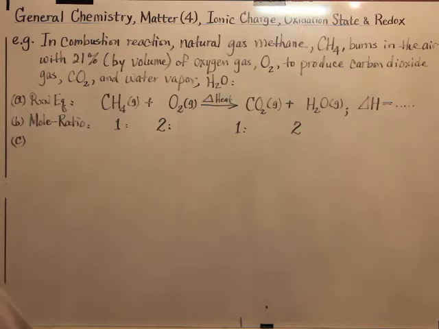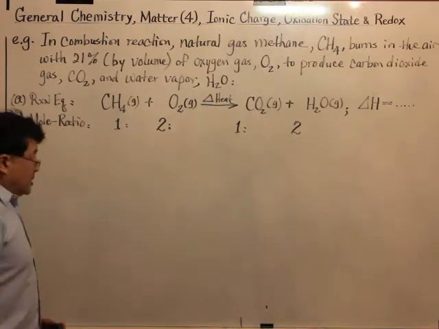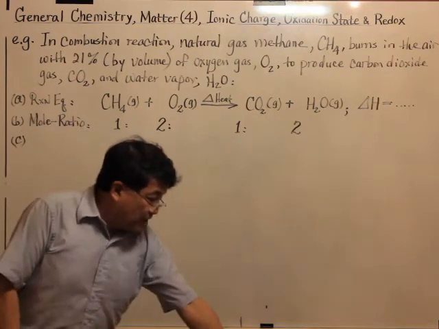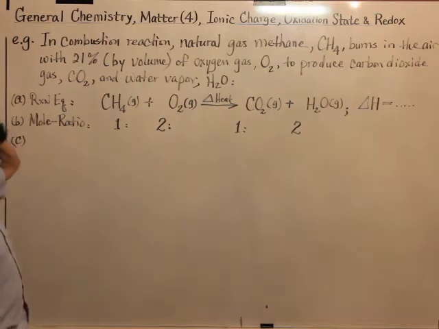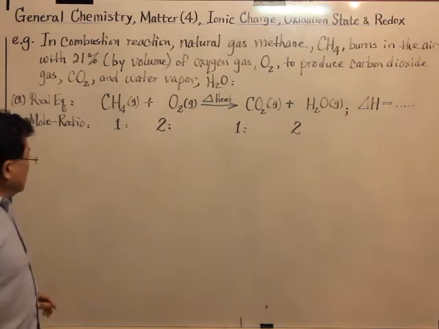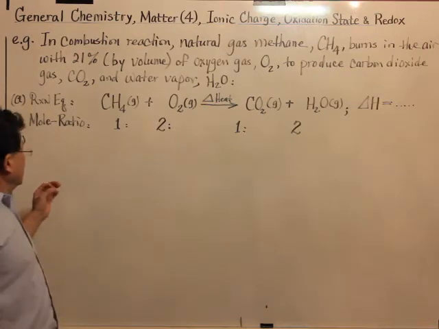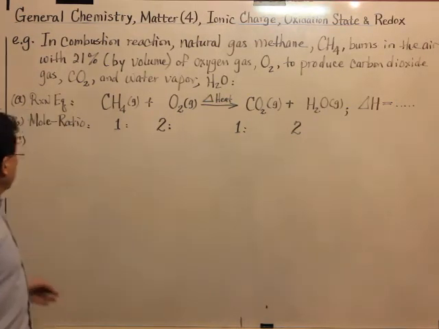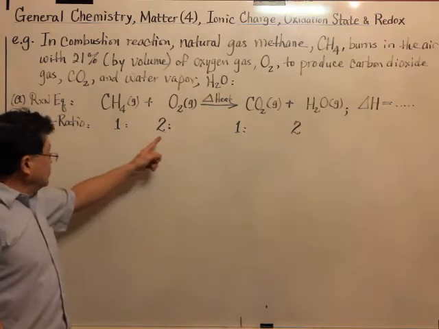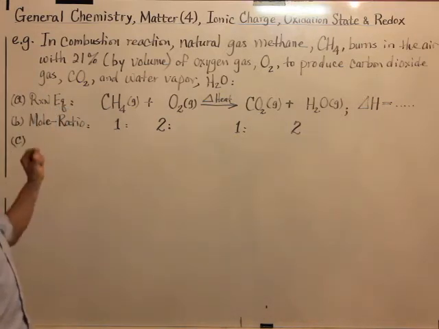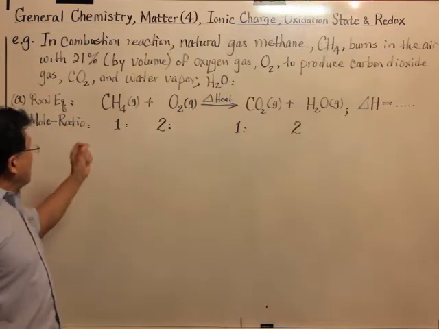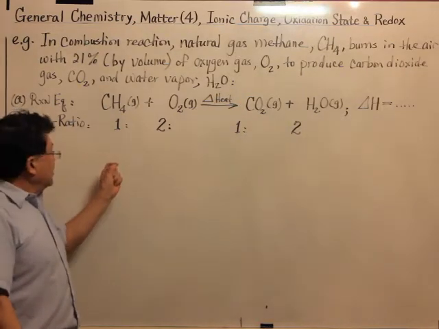Okay, let's continue. In part 3, we finished about here. And we talked about a combustion reaction, burning natural gas in the air to produce carbon dioxide and water vapor. Now, we did a balance. We find the reaction equation has a mole ratio between the reactants and the products of 1 to 2 to 1 to 2. In other words, the story tells us this reaction requires 1 mole of natural gas to completely